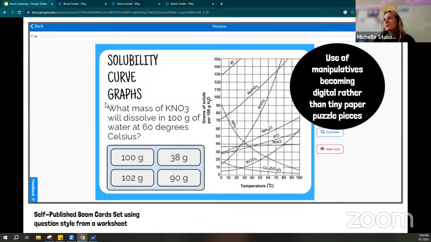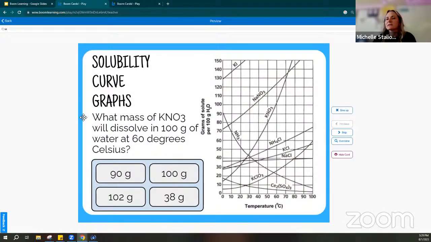I have made my own sets as well, taking things that would have been a standard worksheet where we're just reading a graph for identifying solubility on a solubility curve graph, or identifying if it's saturated, unsaturated. I was able to move those into Boom cards, which again is that key way to make it an easy set to use. So students can then just read that graph and then answer the question. And it went from being a worksheet that's not that exciting to having that instant feedback and knowing that we're on the right track.